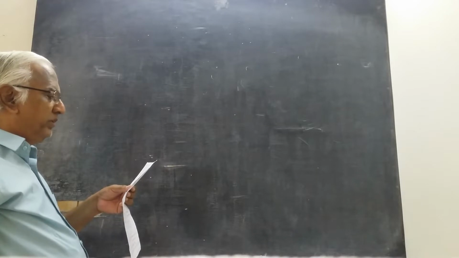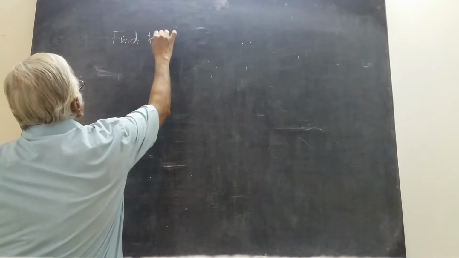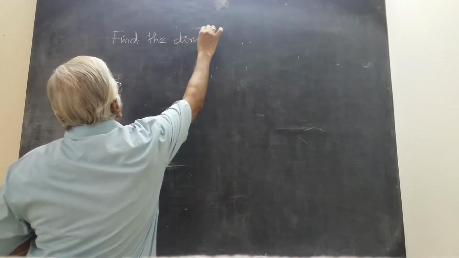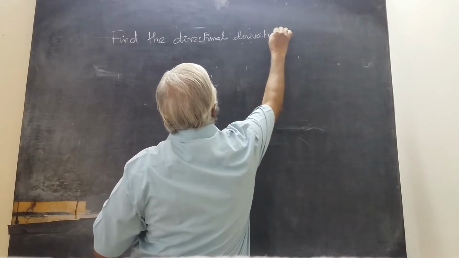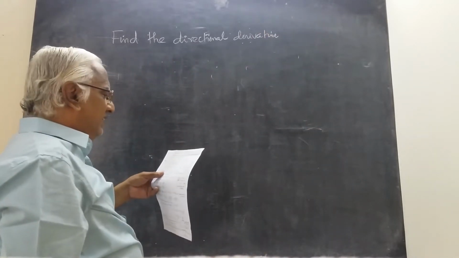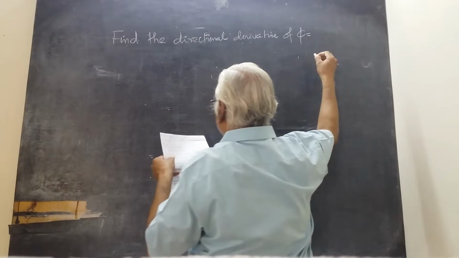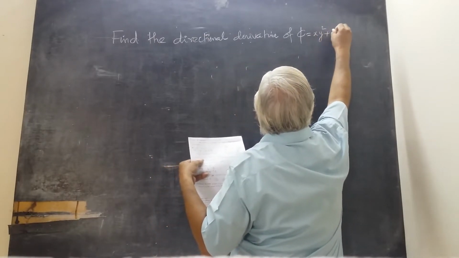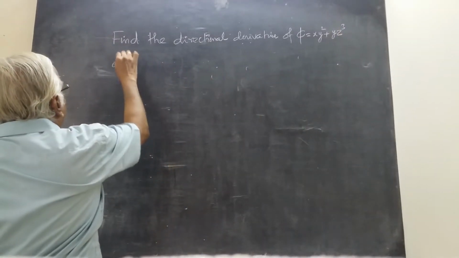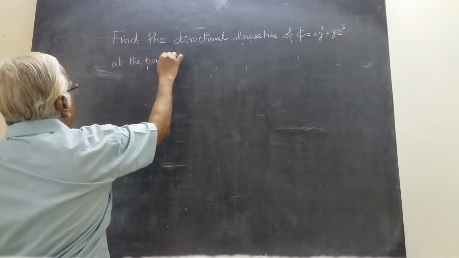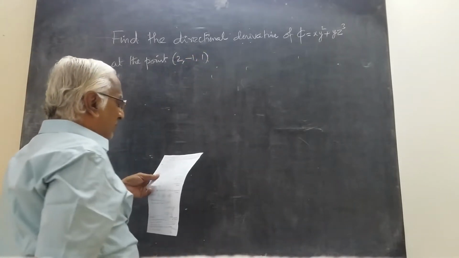Now, this is a very important problem. Find the directional derivative of phi equal to x y square plus y z cube at the point (2, -1, 1) in the direction